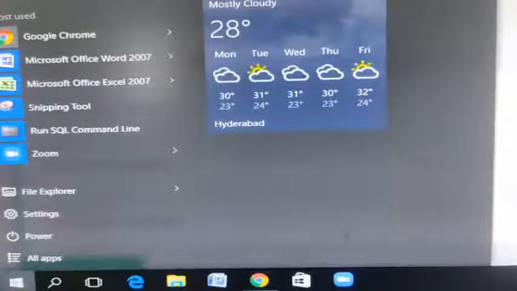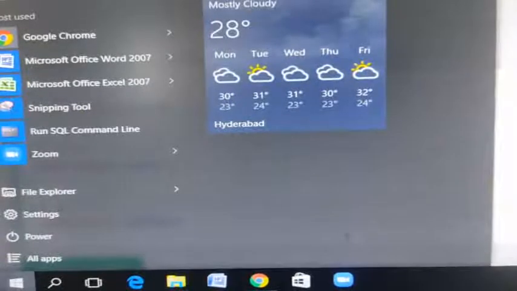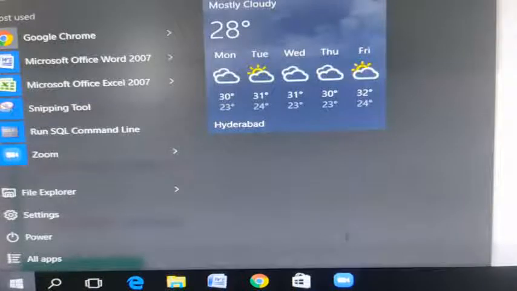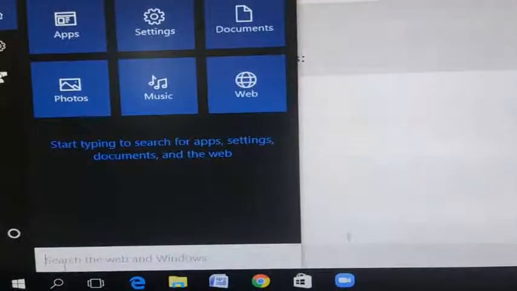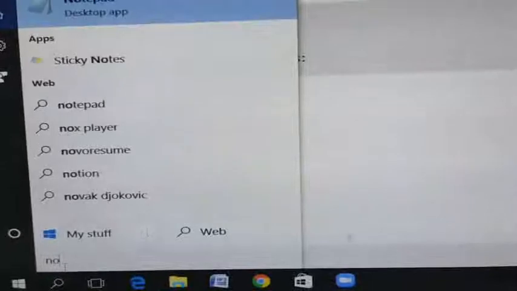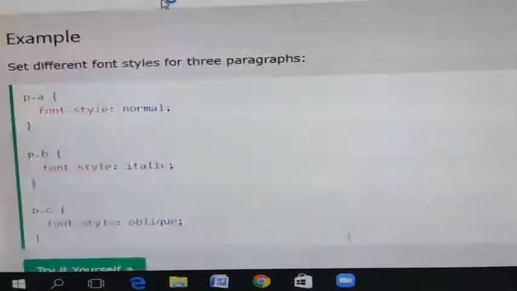Already I have explained font properties in the CSS theory part, I have completed. Now I will give you the practical part of font properties. So here we need a notepad. Here you type notepad, select the notepad, okay.